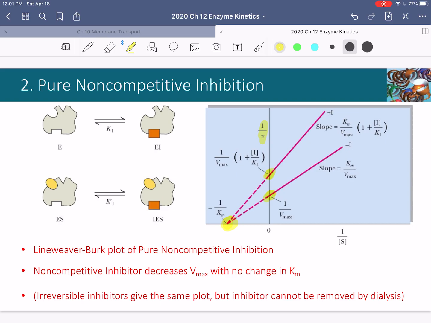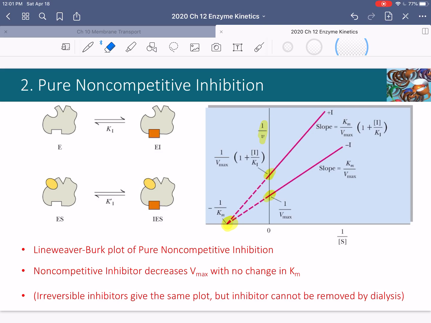So the cartoon that's provided is shown here, where the enzyme is the gray, strange-looking molecule with different shapes, spaces on it. And the substrate is the yellow thing that's binding to its active site right here. So this is the active site. And the active site is left open when the enzyme inhibitor binds someplace else. So the active site is not the site of inhibition. The inhibitor is this orange box, and the inhibitor is binding either to the free enzyme or to the enzyme bound to its substrate.